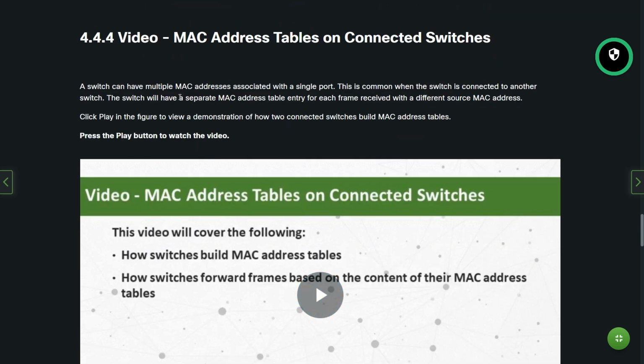And a switch can have multiple MAC addresses associated with a single port. This is common when the switch is connected to another switch. The switch will have a separate MAC address table entry for each frame received with a different source MAC address,